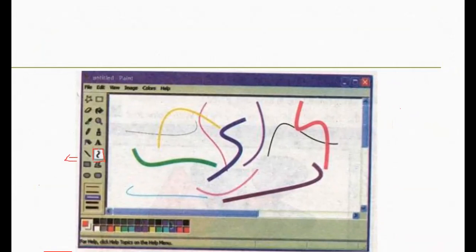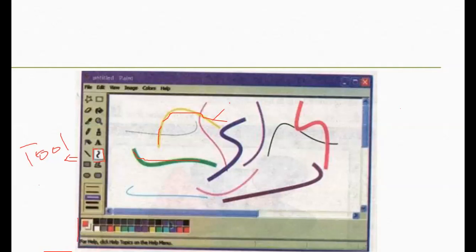Okay class, this is your toolbox, and here this is your drawing area in which you can draw a curved line. See, this is your curved line. Okay class, this is also your curved line.